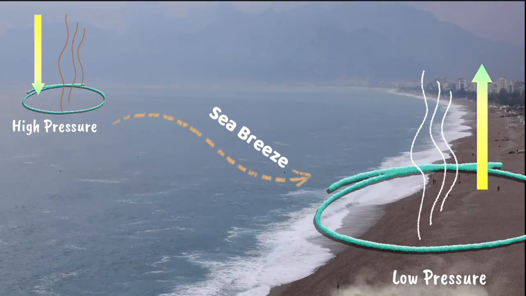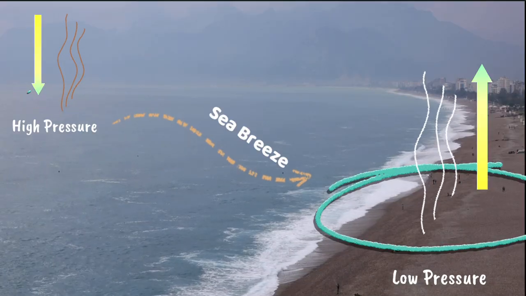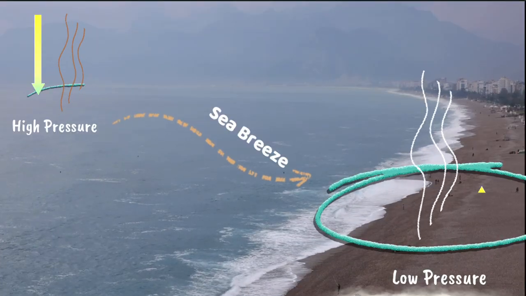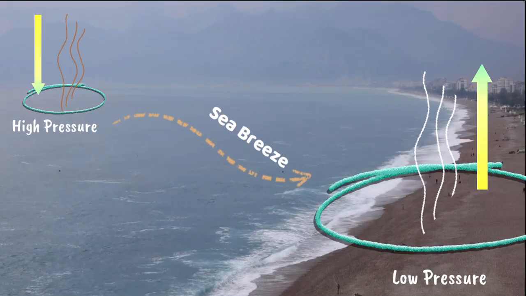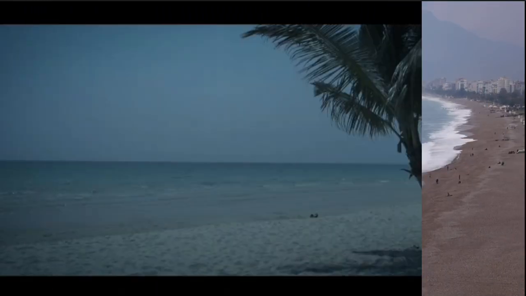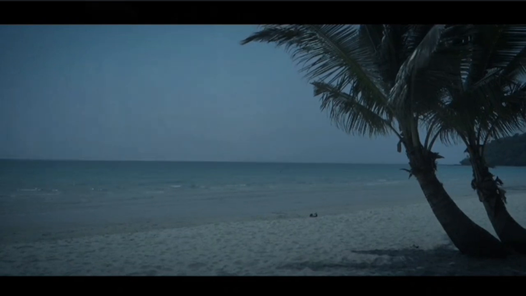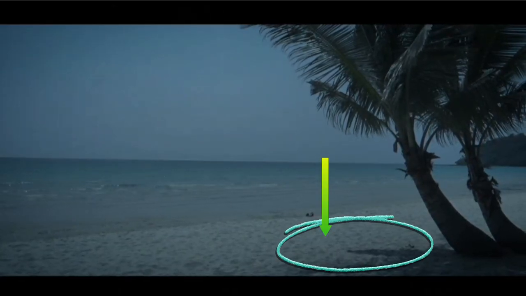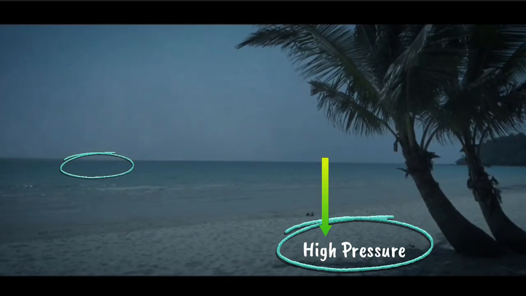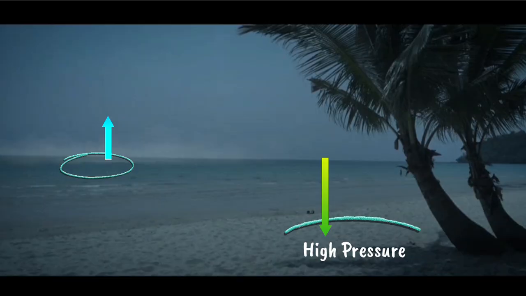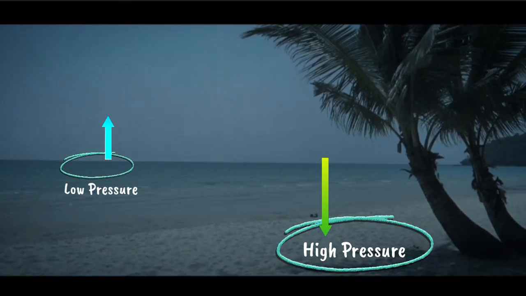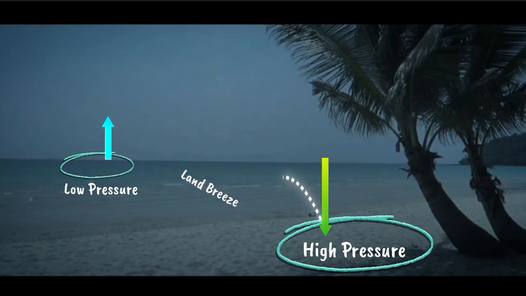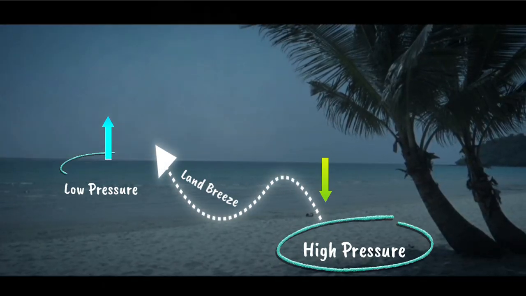This movement of wind from high pressure to low pressure is driven by pressure gradient force, which pushes air from densely packed molecular region to places where air molecules are less spread out. At night, the exact opposite takes place. The land rapidly loses heat and becomes comparatively cooler than the sea, and hence develops a high pressure, whereas the sea, being comparatively warm, develops a low pressure. And now the wind travels from land towards the sea, and we tag it as land breeze.